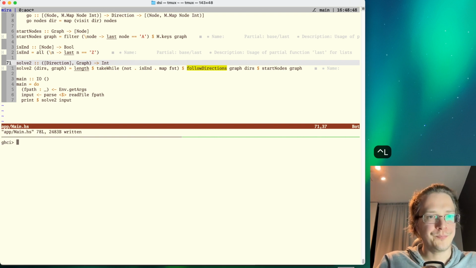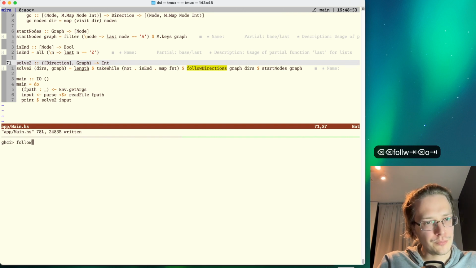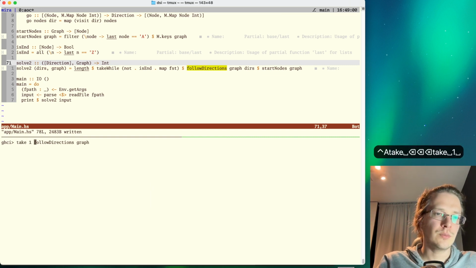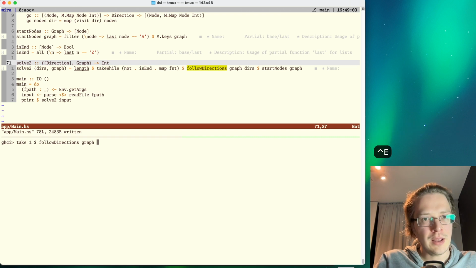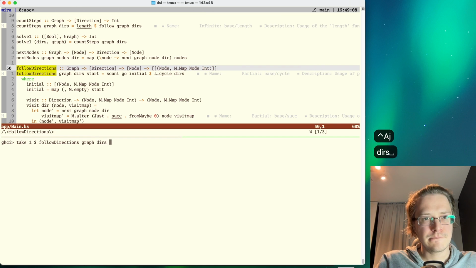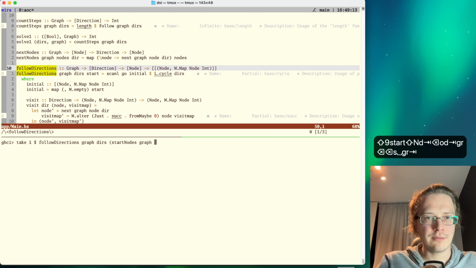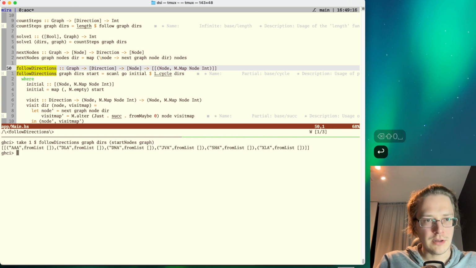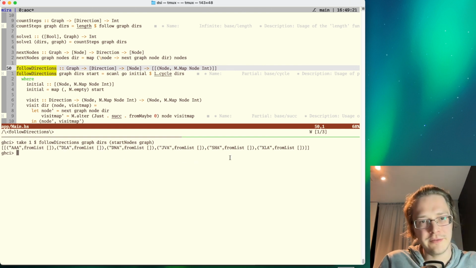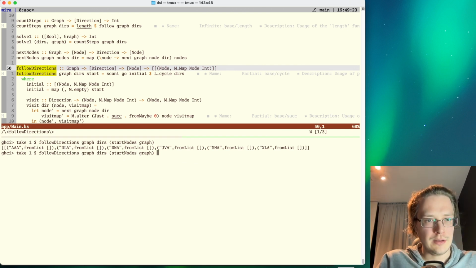But what I can do, I can say that follow directions in the graph, and I want to take one follow directions in the graph. Take the directions. I take the startNodes of the graph, and I take one. So AAA, the LA. These are the 6 starting nodes, and for each